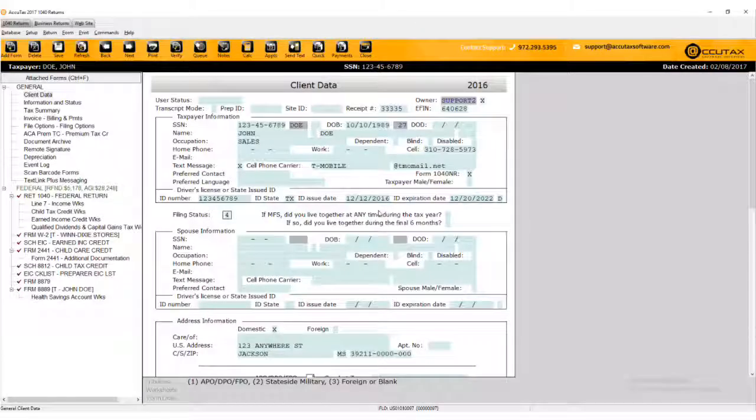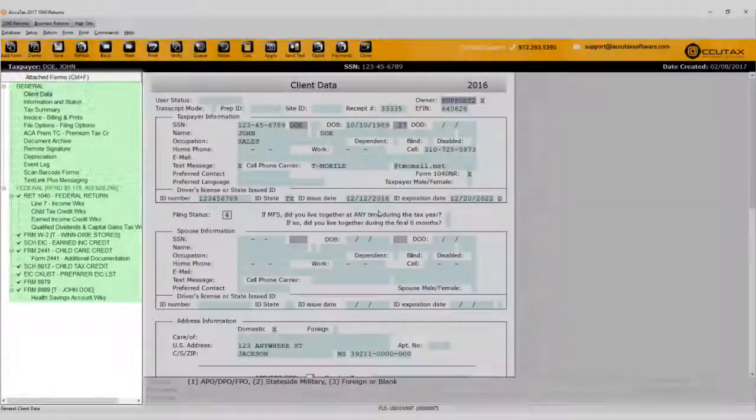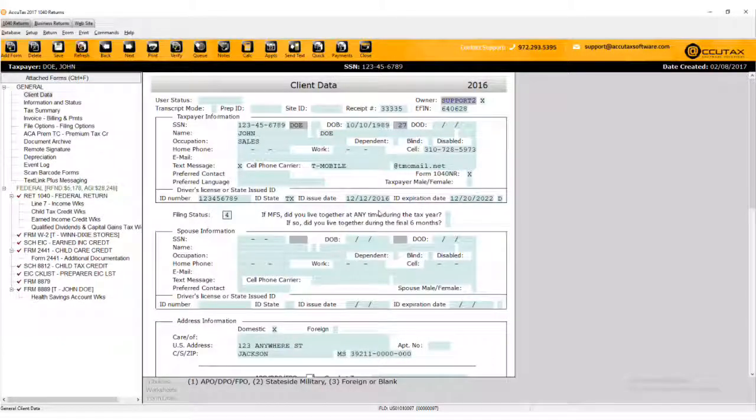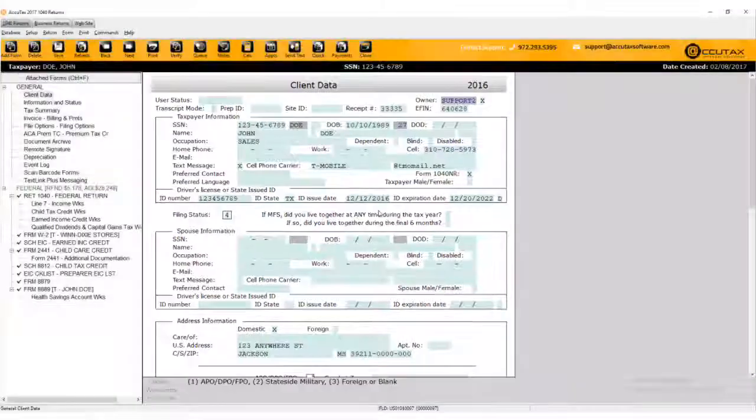To the left of the tax return is the attached form screen, which displays all of the forms that are associated with the tax return. When a new return is created, the client data screen will be the default view. The client data screen is where you enter general information about the taxpayer and other pertinent information, such as the